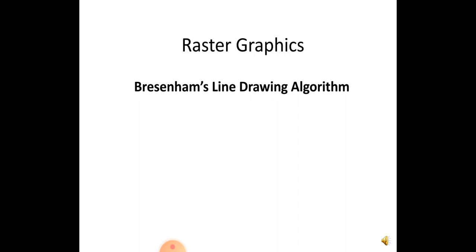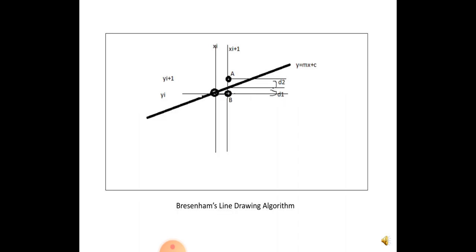To find the pixels which can give you the actual line path which is to be drawn by using the endpoints of the line. Means you are provided with the endpoints, that is x1 y1 x2 y2, and you need to find intermediate points which come in between the endpoints, and by using Bresenham's line drawing algorithm there is a way to find the intermediate points' x coordinate and y coordinate which can be present on the line path. So what is Bresenham's, how does it work?